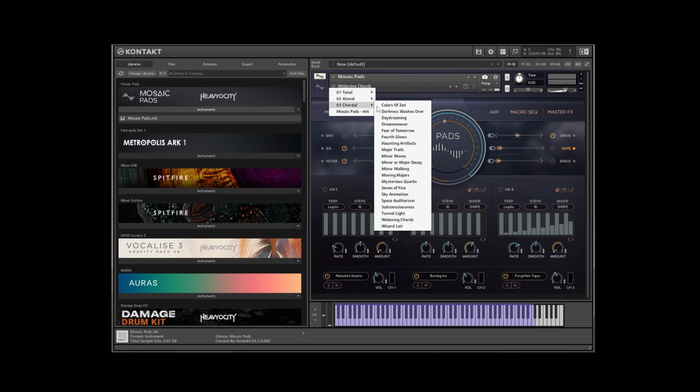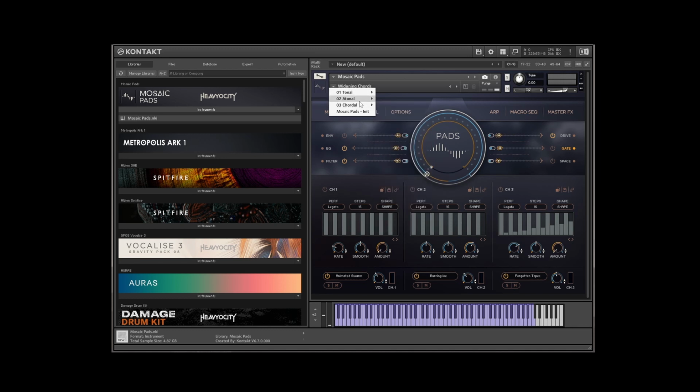The chordal one's nice to have, but from a practical standpoint, it might be a bit trickier to implement into a track. But yeah, overall, cool library as always from Heavyocity. I think if you're looking to do sci-fi cinematic scoring, or actually a lot of ambient and chill out stuff, there's some really nice peaceful sounds in here as well. I do really like the engine. Everything's really easy to mold to what you want it to do, maybe with the exception of this chordal category